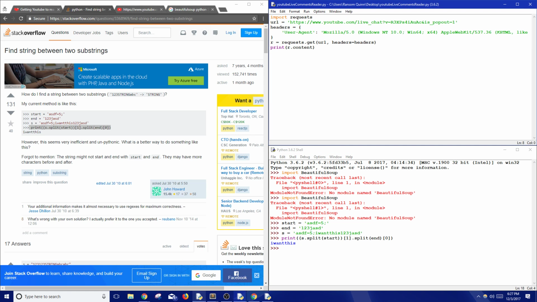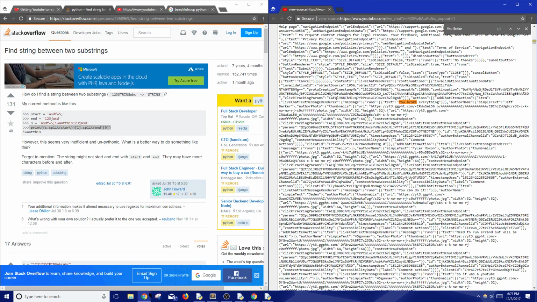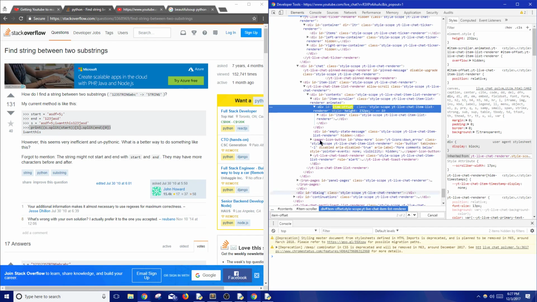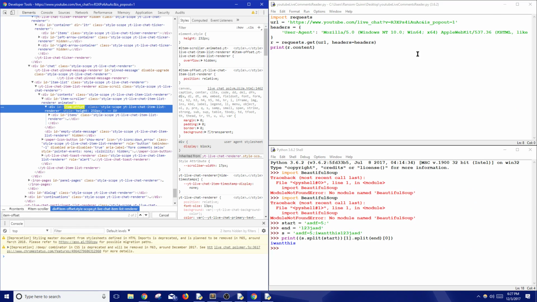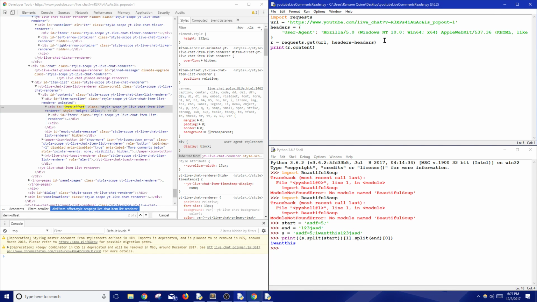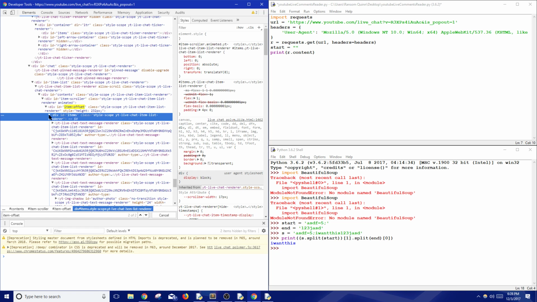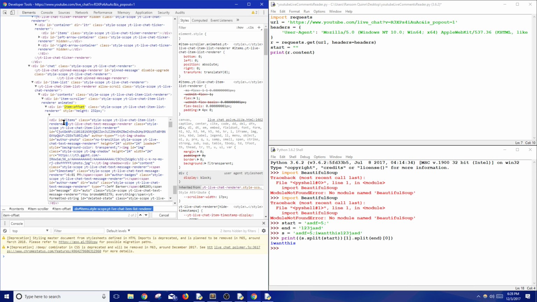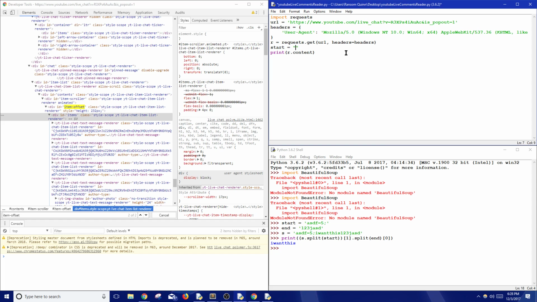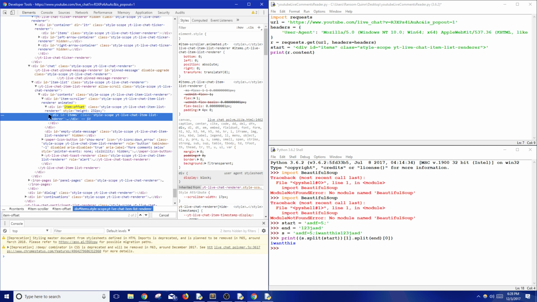So now we just need to figure out what pieces of the code we needed to get. Oh, there it is. So we're gonna do start equals, and it's gonna be the first unique piece of the code that gives us our items. So I think we're gonna go with, can I edit? Yes. If we go with this entire div, so it's gonna look for that entire div. I should do single quotes since there's a bunch of double quotes. Boom. And then we just need to find out where we want to end,